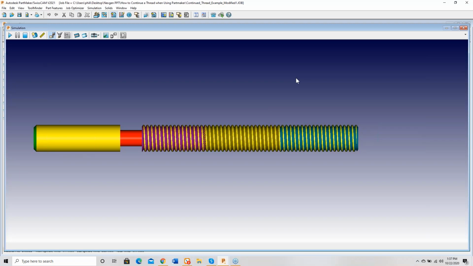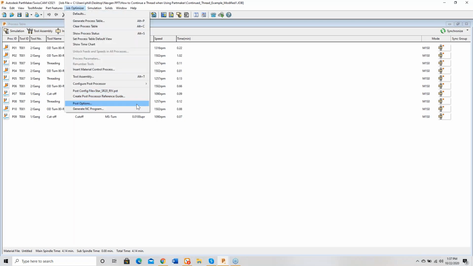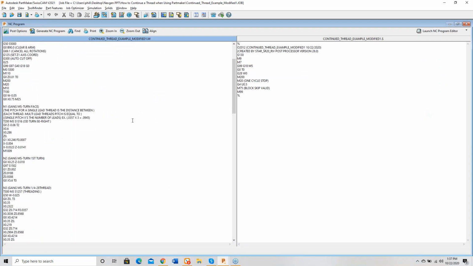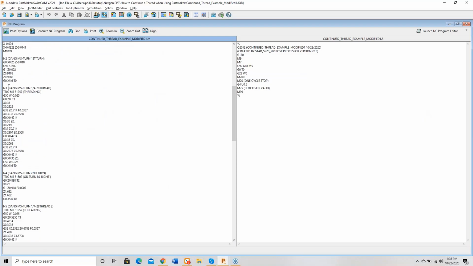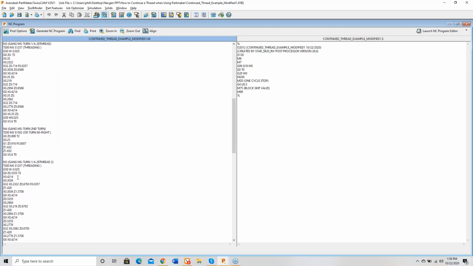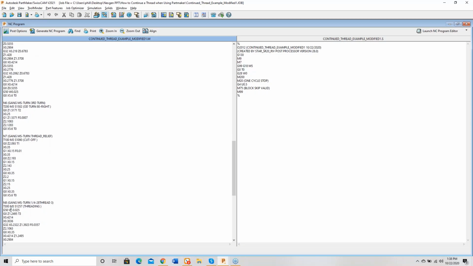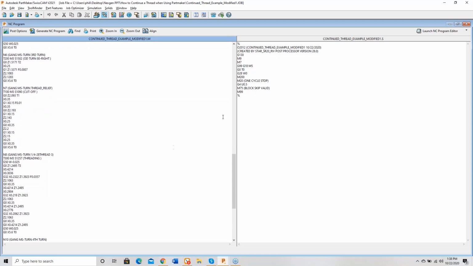Now, I recommend at the machine, when you generate your code, let's see, I should have a post loaded. Go ahead and generate some code here. What I like to do here is to make sure that each thread profile has its own offset. So this can be done in 2 ways. I can actually create 4 separate tools in PartMaker, each with its own offset, or I can just hand edit the offset on the thread profile